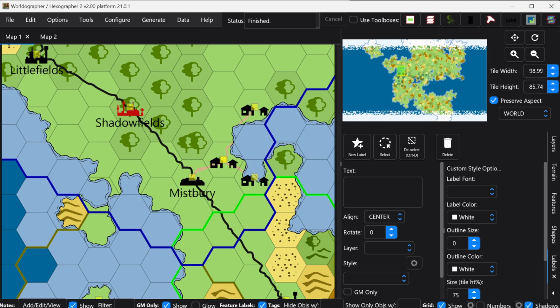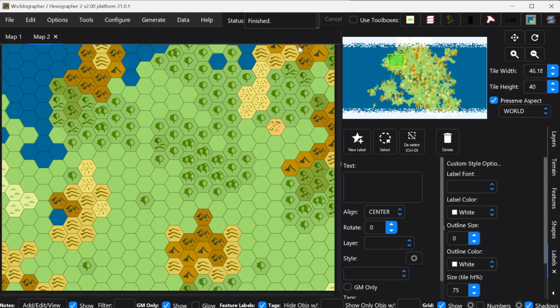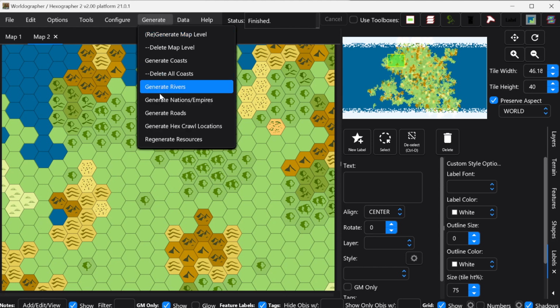We also turn off the notes. Those little yellow boxes correspond with notes that are in each of those locations. But anyway, if you're going to use that functionality to drill down, then with the features you would have to be revising your coasts on each level in a more robust way. Whereas once we go to the map that we are working on, and here if we hit generate